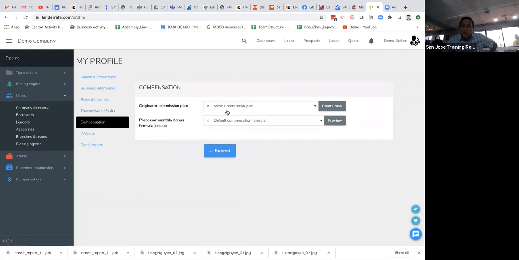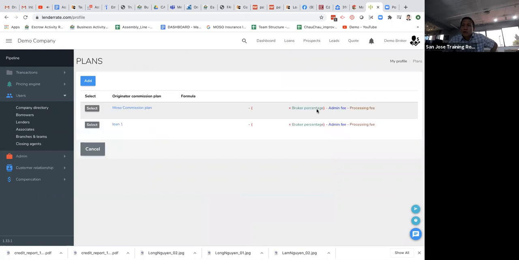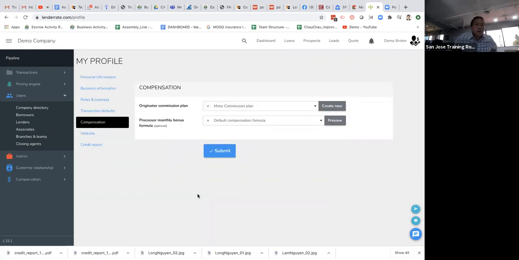They can set up a commission plan, and we have different commission plans. You can create a new one, and there are different types of commission plans. So some LOs you pay a quarter, 50 basis points. Some LOs you pay 100 basis points. Some LOs you charge a flat fee. Some LOs you charge 25%, whatever you want. You can set up the comp here. And when the loan is closed,